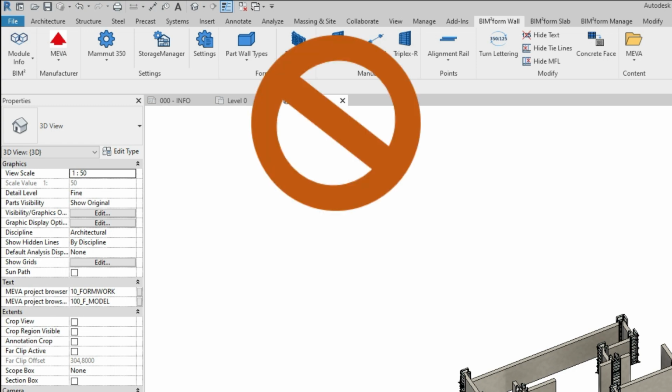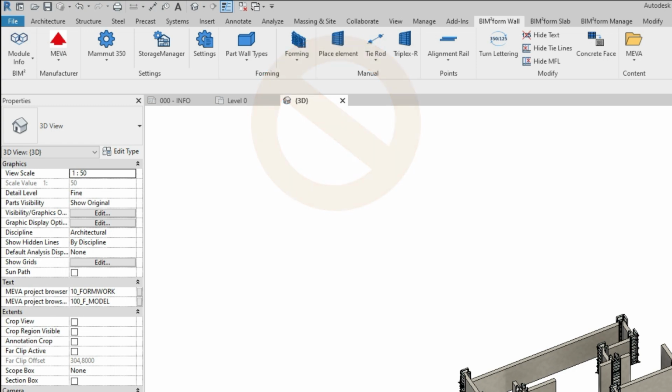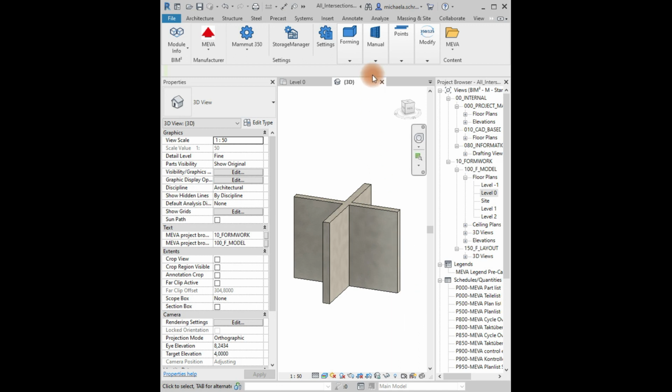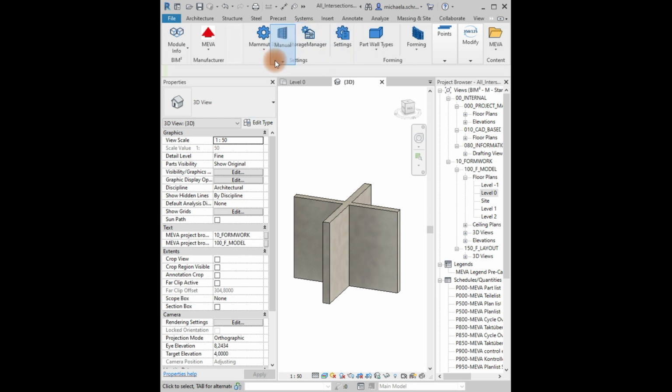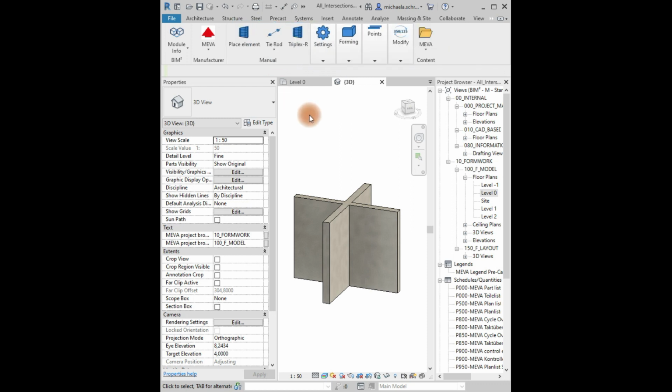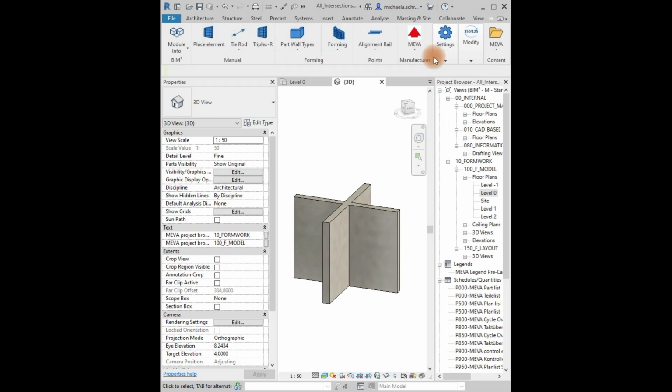But sometimes this might not always be the best solution for you. Maybe you have a small screen where the full menu bar cannot be displayed, but you are currently placing single formwork parts, so you are frequently using the command group manual. What you can do to make it easier to choose the commands is reorganize the arrangement by simply dragging and dropping the command groups to a different place in order. This could be helpful when using certain commands more often than others to ensure a better and smoother workflow.